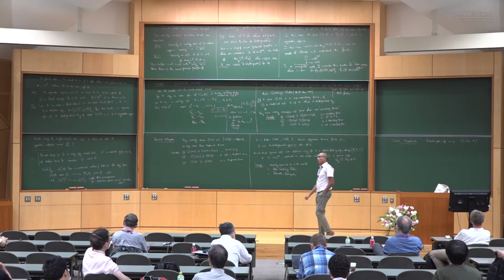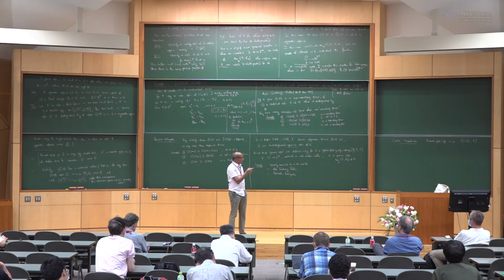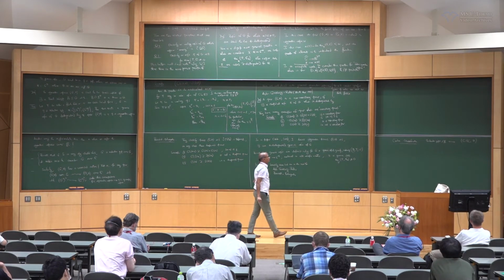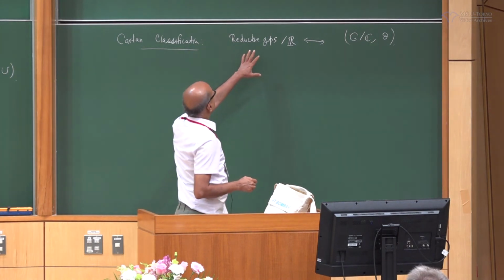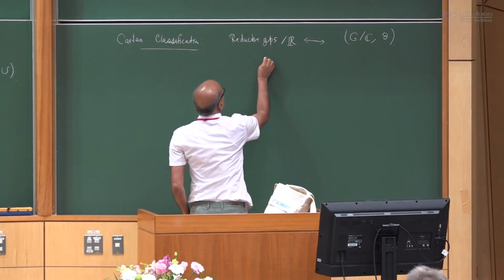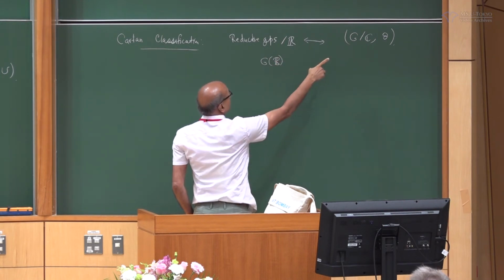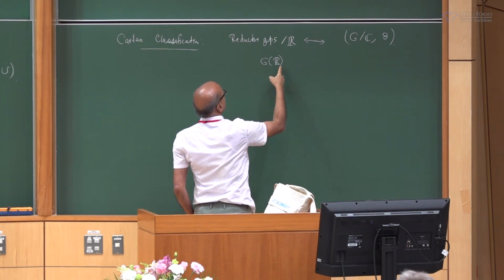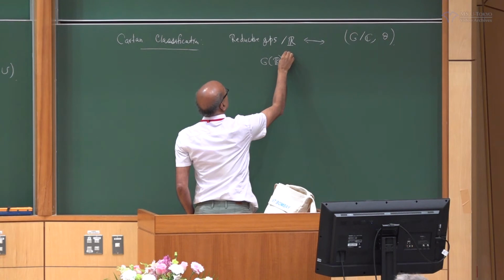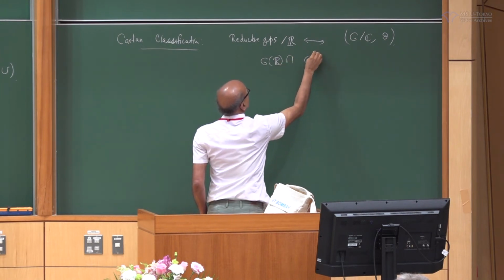So if you are given a complex group together with an involution, it defines uniquely a reductive group over R, which has the further property that G_R intersected with G^theta_C